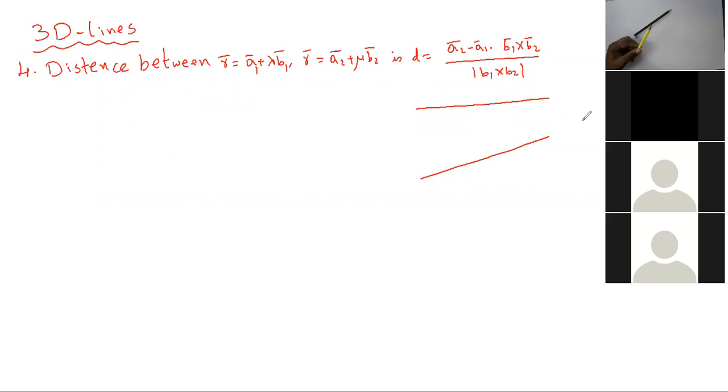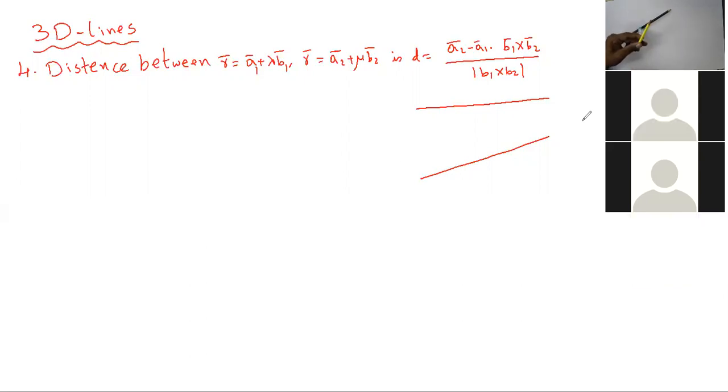Now the question asked is the distance between the skew lines. The distance between the skew lines is the perpendicular distance between them. It's like this: a line which is perpendicular to the black colored pencil and the yellow colored pencil, joining these two, that is the distance between them. The question asks us to find the distance between them, right? So the distance is along the line perpendicular to both the first line and the second line.